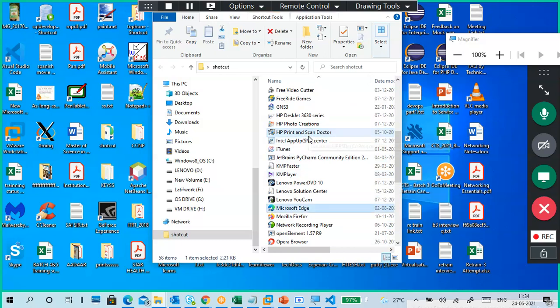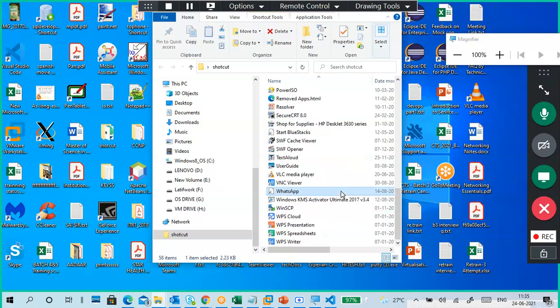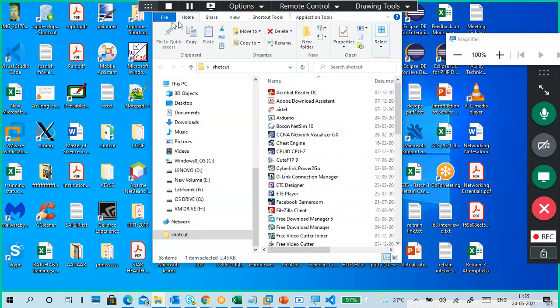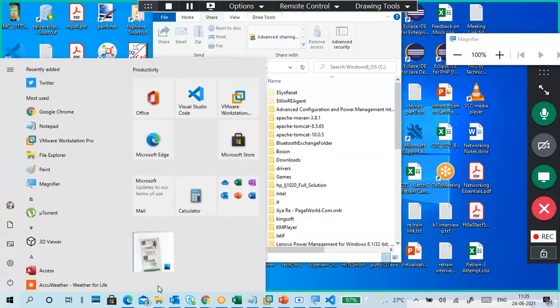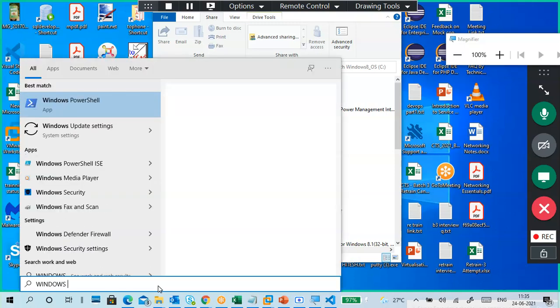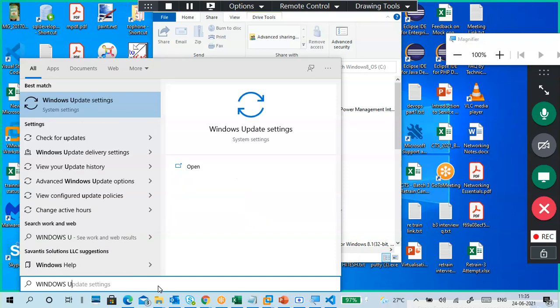Either it is by Microsoft Edge, otherwise Windows. I think I removed it from my desktop. This is a nightmare. Okay, somewhere it will be there, or otherwise you can search in here. Windows upgrade.